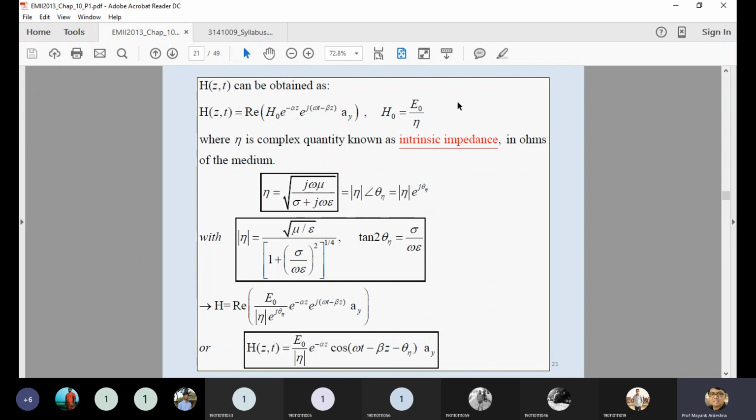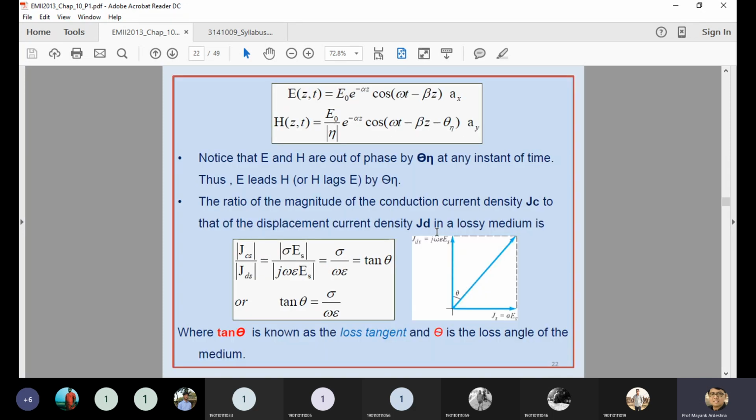So these equations are important. One is the intrinsic impedance, second is the H expression, and third is this one. So if the electric field is given to you and someone asks for an example to find the magnetic field, I can easily find it from this equation, or it may be vice versa. So these are the final electric field and magnetic field expressions you can identify over here.